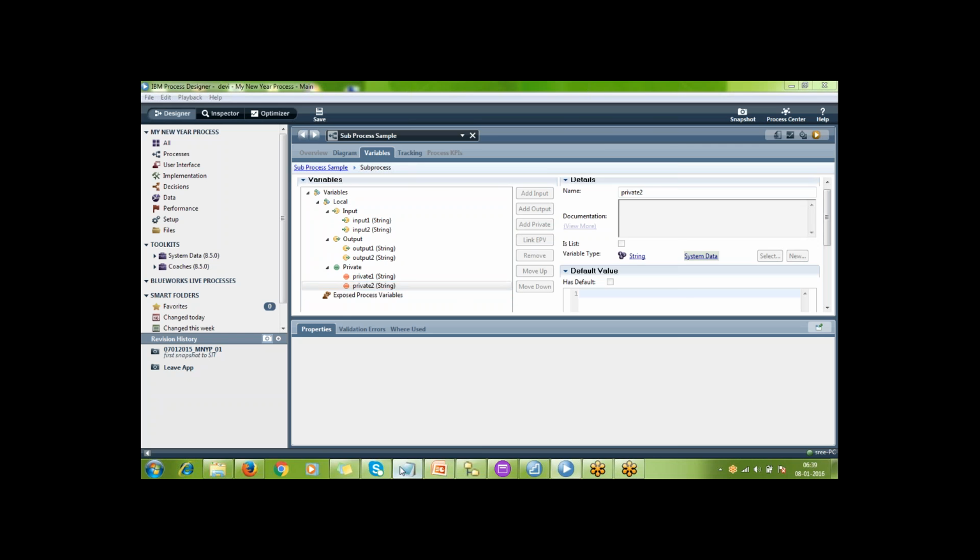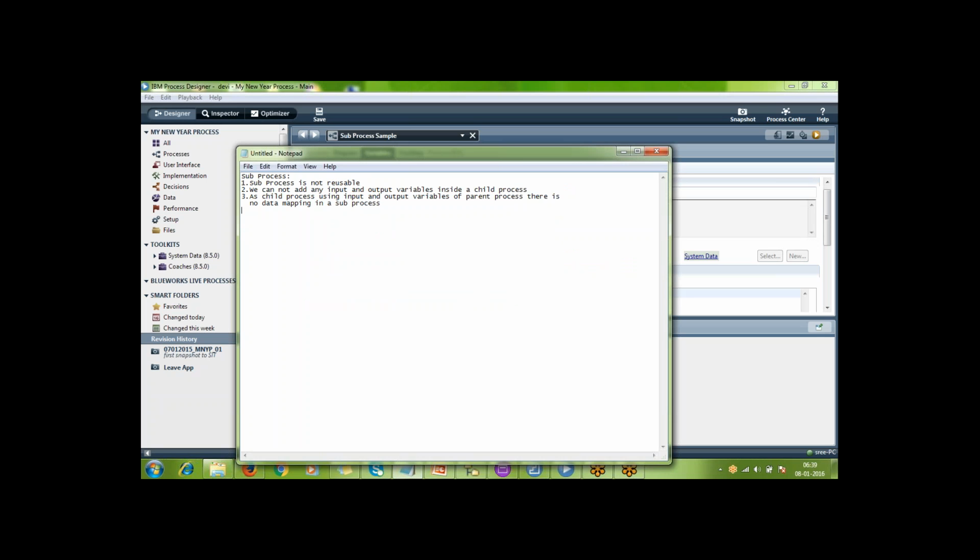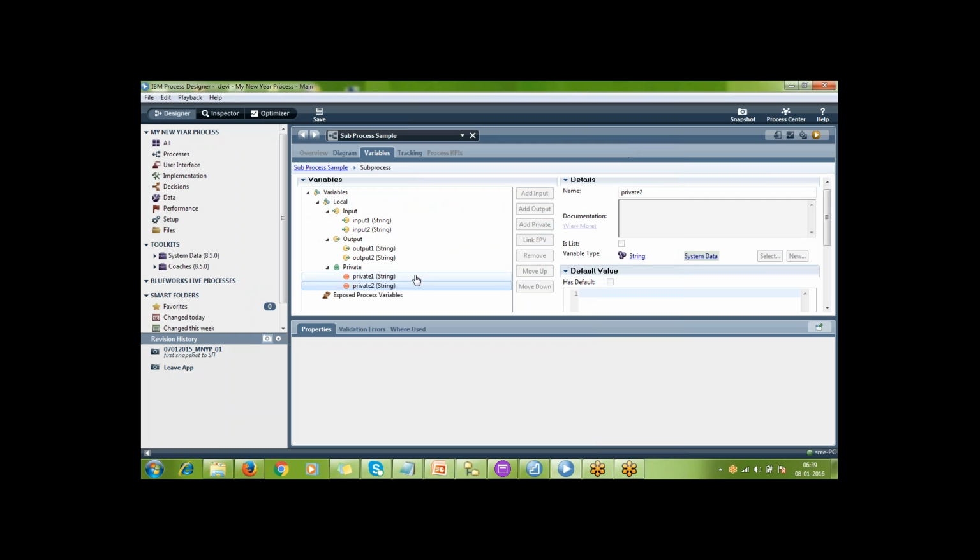So private variables created for the parent process are accessible by the child process. That means the child can also see the private variables that got created, so it can also use them in its coding.